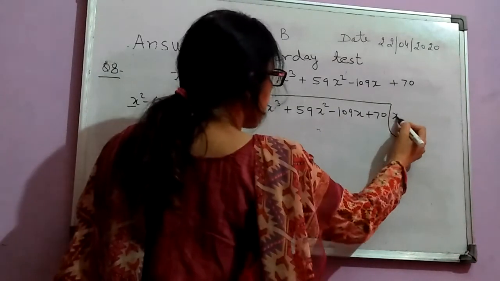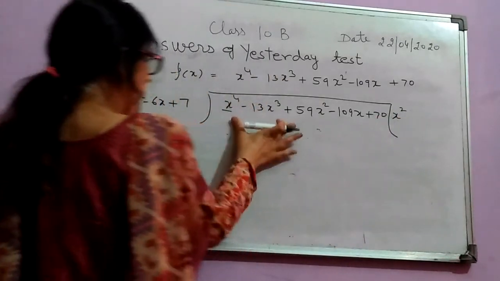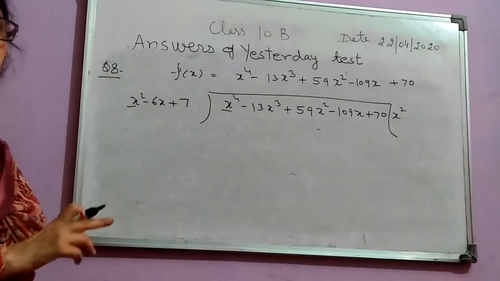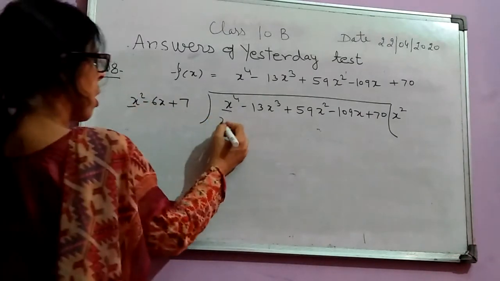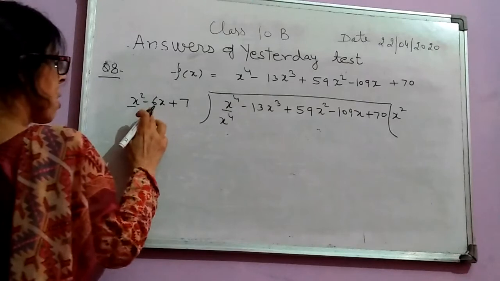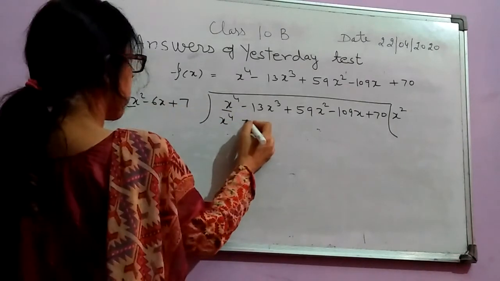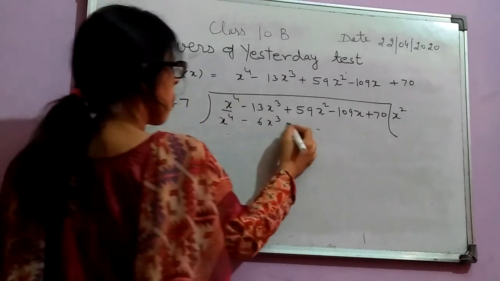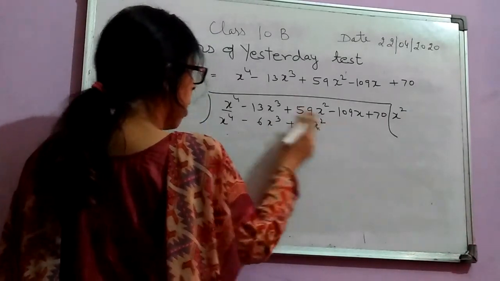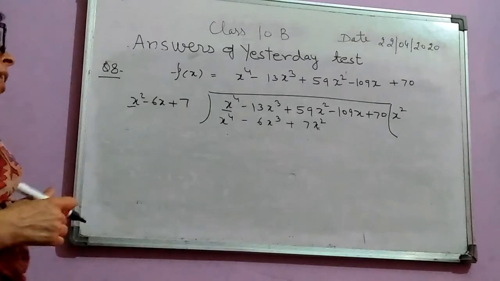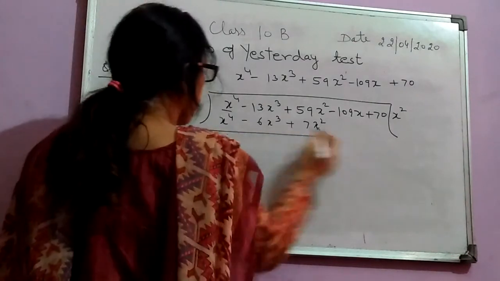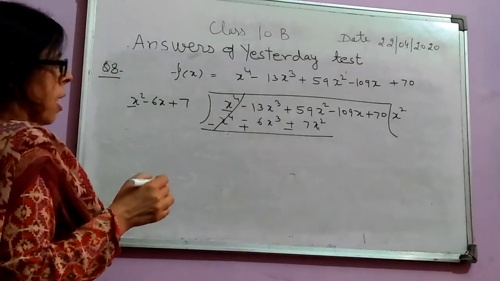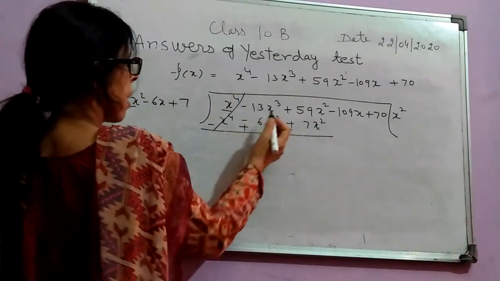So x square is the first term of quotient. अब इस डिविडेंड के नीचे क्या आएगा कि x स्क्वायर को पूरे डिवाइजर से इंटू करेंगे. तो पहले x स्क्वायर को x स्क्वायर से इंटू करेंगे, x रेज़ टू पावर 4. फिर x स्क्वायर को माइनस 6x से इंटू करेंगे, माइनस 6x क्यूब. फिर x स्क्वायर को 7 से इंटू करेंगे, प्लस 7x स्क्वायर. इसमें लाइक टर्म के नीचे लाइक टर्म लिखते हैं. नाउ व्हेन माइनस करेंगे तो नीचे वाली पॉलिनोमियल के साइन चेंज हो जाएंगे. कैंसिल x4 विद x4, माइनस 13x क्यूब प्लस 6x